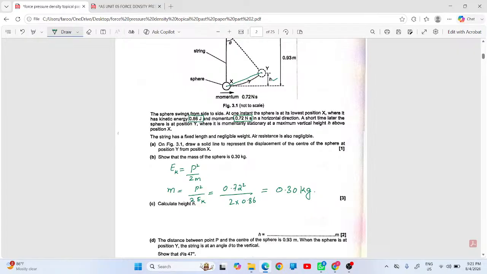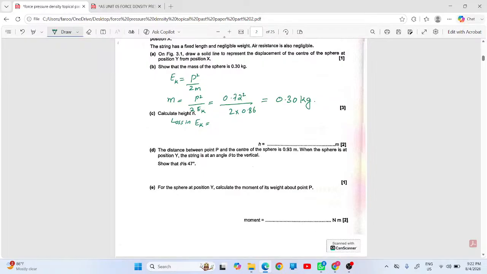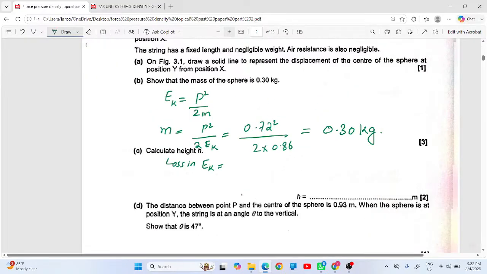जी बच्चा। हम्म, या हम ऐसे करते हैं। लॉस इन काइनेटिक इक्वल्स, हाँ वो लगाते हैं। लॉस इन काइनेटिक इक्वल्स गेन in potential,